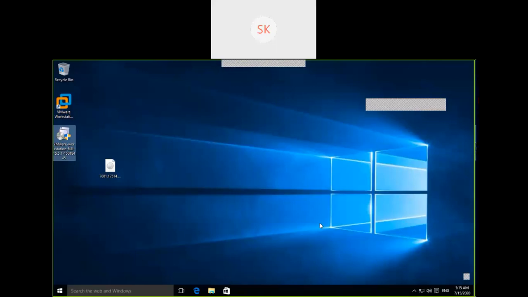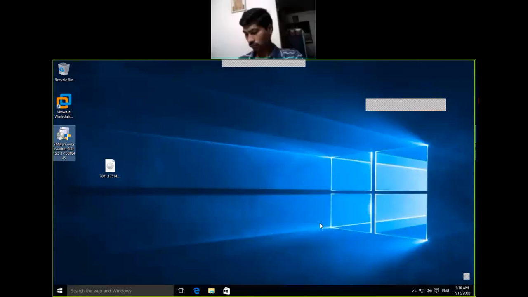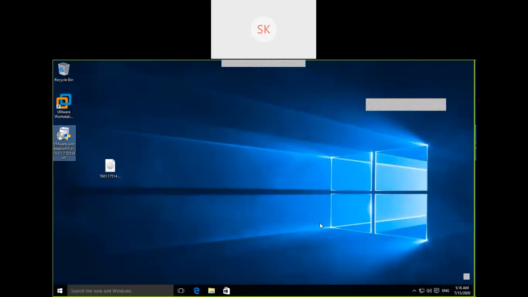Because once the operating system is installed, it is going to perform updates, and to perform certain installations it requires some updates to download. Without internet, you are not in a position to perform any configuration on the server. So whatever desktop or laptop you are going to use, make sure that system has internet connectivity.